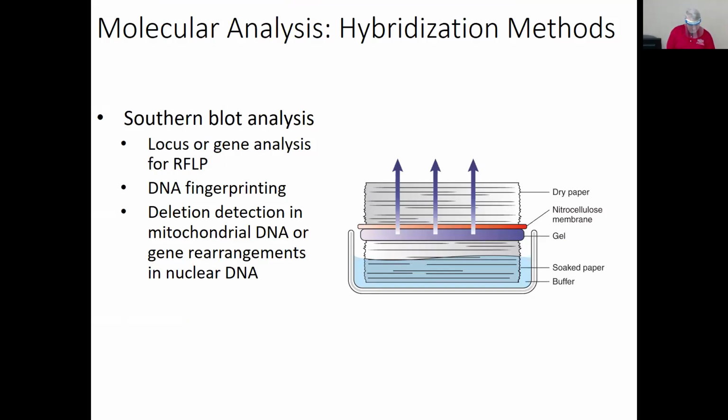The second one is the hybridization method, the second one on page 175. This one is associated with something called Southern blot analysis. You may or may not have heard of blots so far. You may have already heard about Western blot, but we're going to talk about Southern blot first, before we get to Western blot.